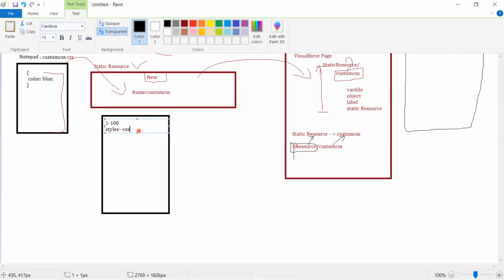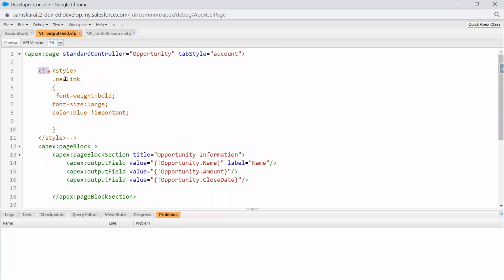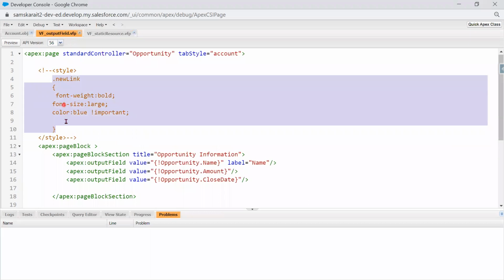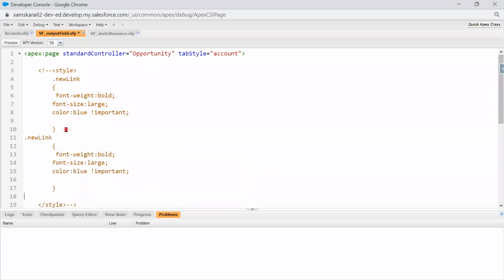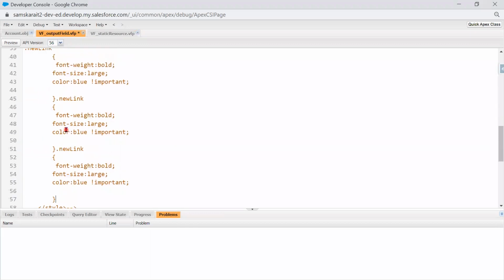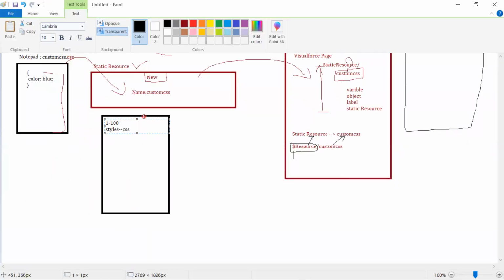That means half of your Visualforce page is going to take up space, for example, you have written this one, and there is another one you have written, and another one you have written. So like this, so many are there in the Visualforce page. Now, instead of writing so much style sheet, so much CSS here, what you can do is you can better